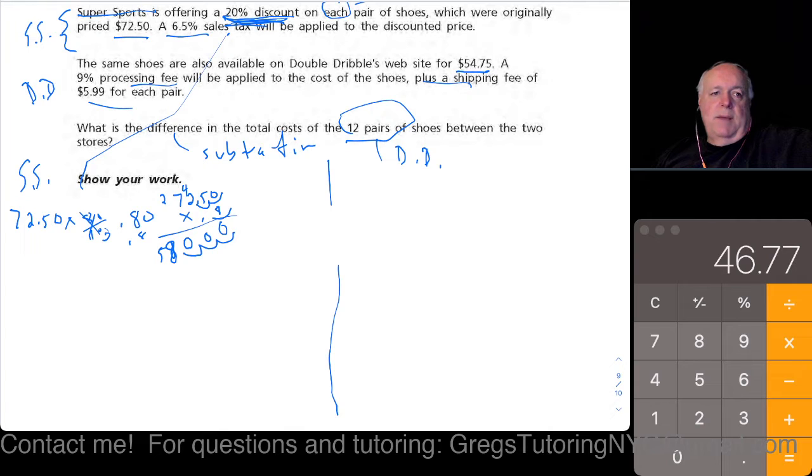I'm up to here right now. So if I call this step 1, this is what we are at now. This is step 1. There's a step 2 now, which is that we have to do the 6.5% sales tax. So what we basically have now is $58, because that's the price of the discounted shoe, times the 6.5%. So some of you are going to write 1.65, but that's 165. A percent means, so if we have 6.5%,